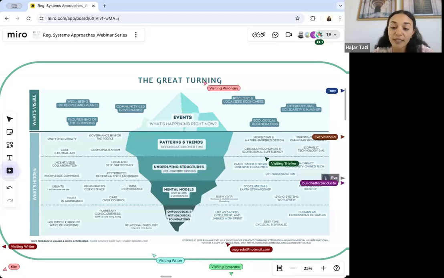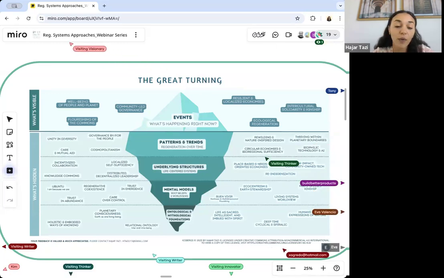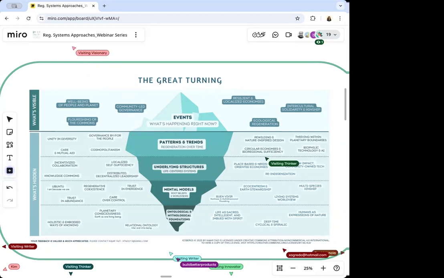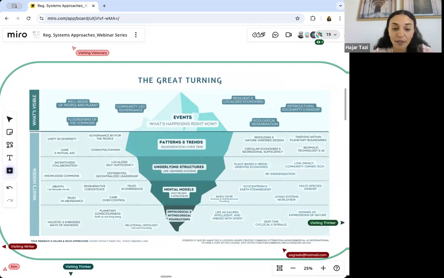And at the base of this iceberg lies a sacred ontology, a worldview that recognizes that we are all one, that we are all interdependent, and that we are all here as expressions of nature rather than masters. Awareness iceberg. And so, yeah, I guess I'll just stop here and invite questions, if any of you has any, or comments, or really any reactions.